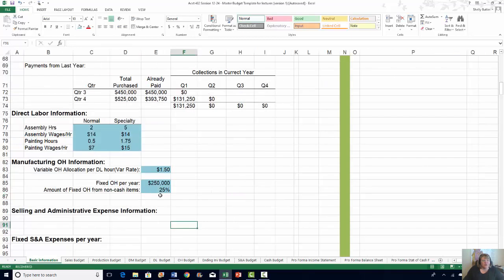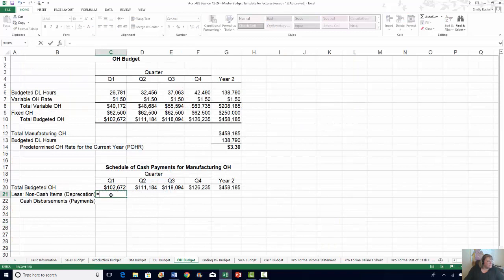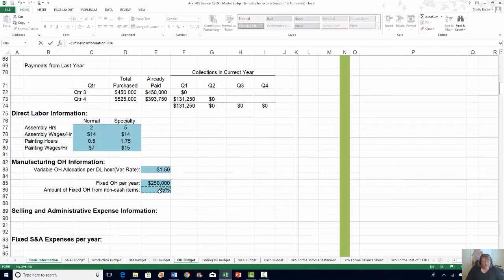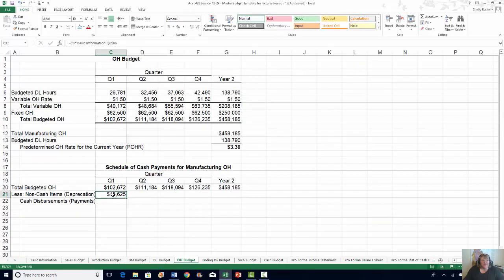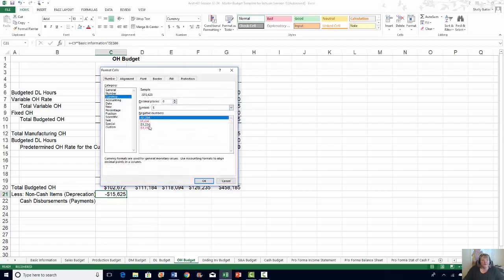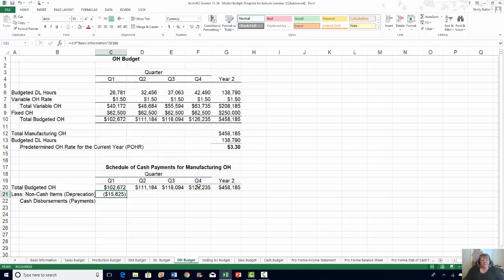Basic information page. We're going to take this number here, and we're going to multiply it by the 25%. And we're going to make the 25% a permanent link because we always want it to go back to that. And this should have also been a negative. Okay. So we're going to subtract off that amount, and then we need to redo our formatting here because we want that black, but we want it in parentheses as a negative. And then we can just